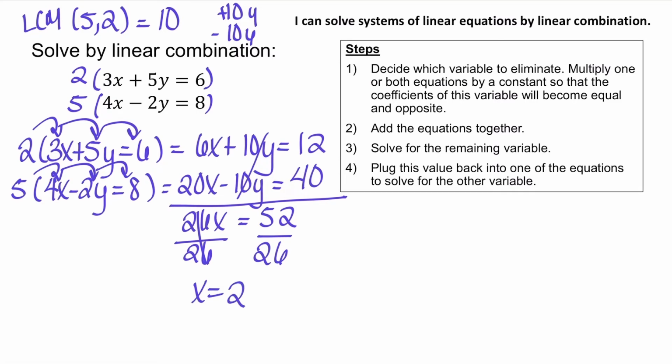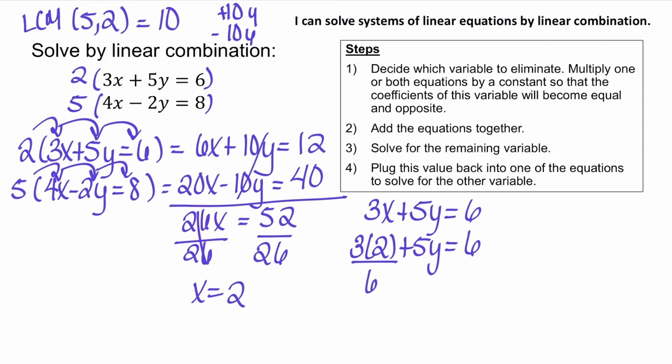So now let's figure out what the value of y is by plugging into one of these equations. I'm just going to pick the top equation, and there's really no reason I picked that equation except that it's just first. So I'm going to plug in 2 here for x, so I get 3 times 2 plus 5y equals 6. 3 times 2 is 6, so I have 6 plus 5y equals 6. So to solve for 5y, remember I'm going to start off by subtracting 6 from both sides, which gives me